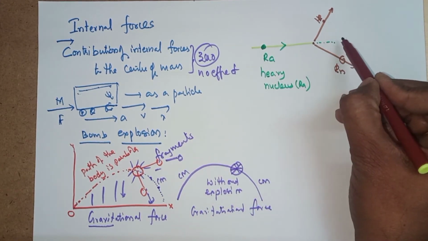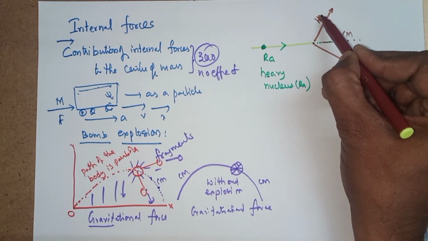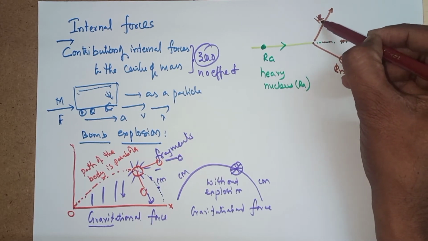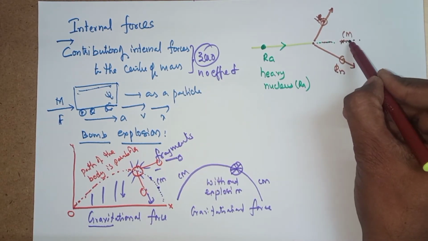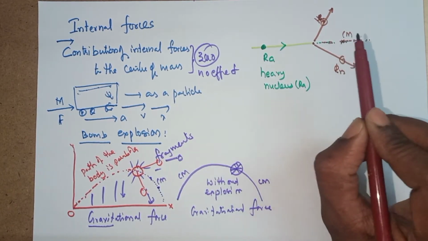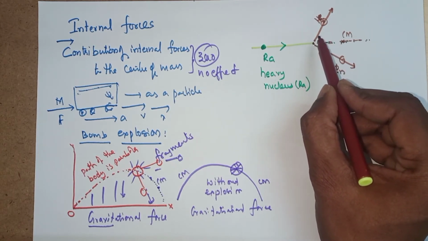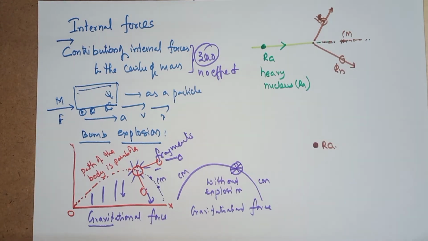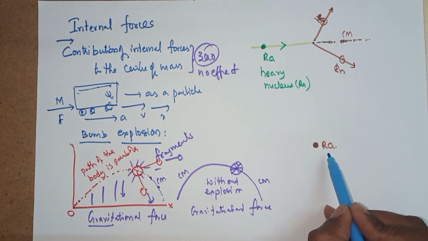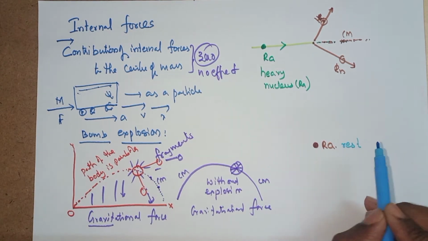What is the path of the center of mass? Still it is the same, because we consider it as one body and another body. The combination of the system will have the center of mass here. As they move, this center of mass will have the same path. So this is exploded or divided due to internal forces, but the path of the center of mass cannot be affected. Now we see again the radium, the same splitting of a heavy nucleus of radium, with a center of mass which is at rest.